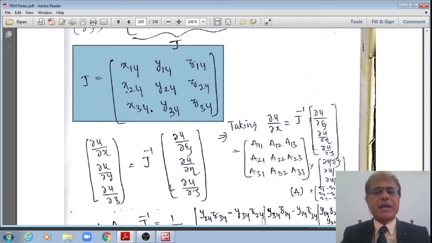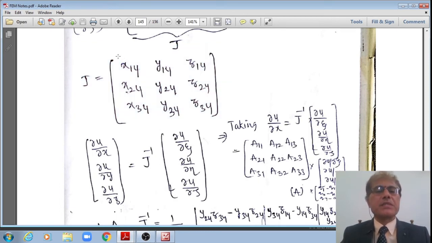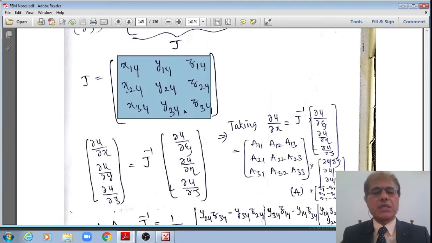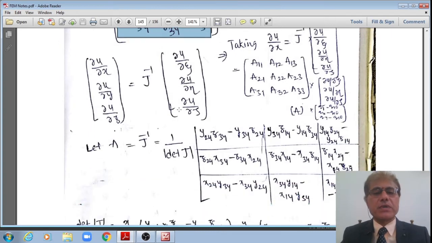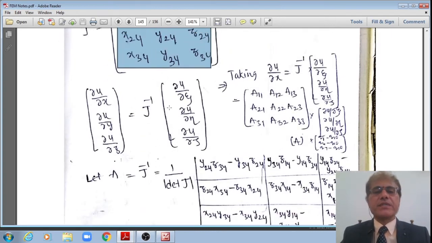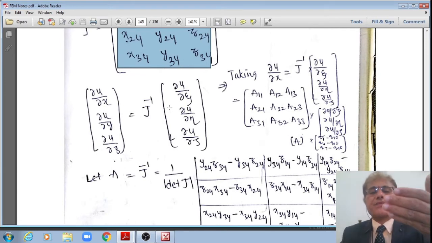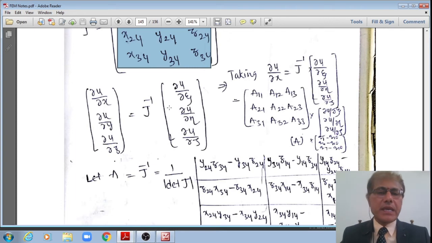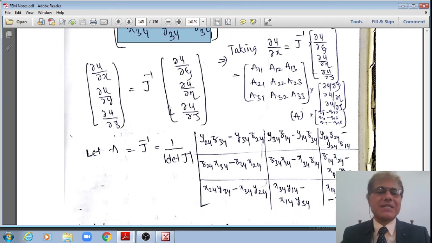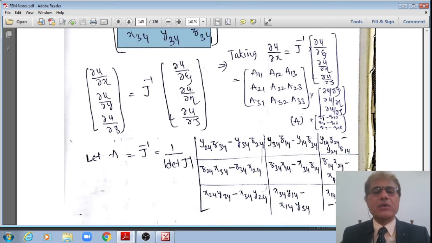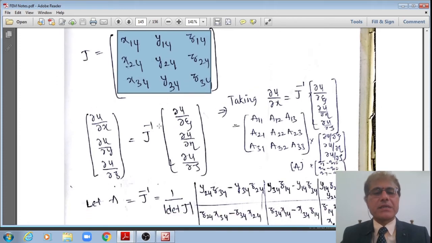A constant matrix. It doesn't depend upon any polynomial in xi, eta, zeta. Hence it is a constant, meaning x1 minus x4 and the others are all constants. Hence it is a constant matrix, students, because we already took the linear shape function. Linear shape function is a function of xi, eta, zeta. After one differentiation, the linear shape function will become a constant, right? That is how it led to a constant matrix.